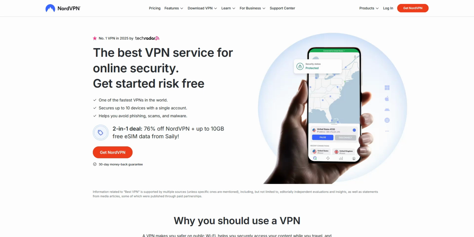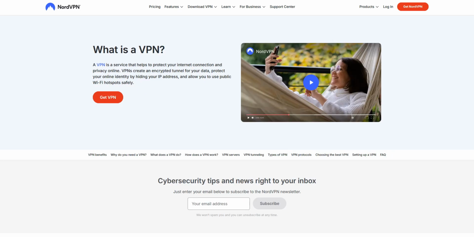NordVPN is a VPN service that provides a secure and anonymous internet connection, allowing you to browse privately, bypass geo-blocks, and protect your data from cyber threats, among other things. A VPN like NordVPN allows you to browse the web securely by encrypting your connection and hiding your IP address.